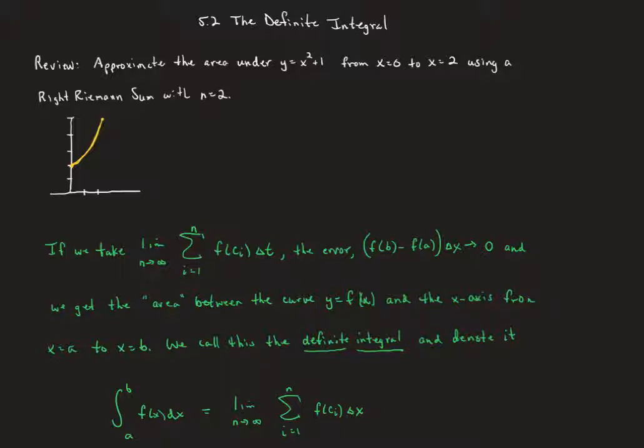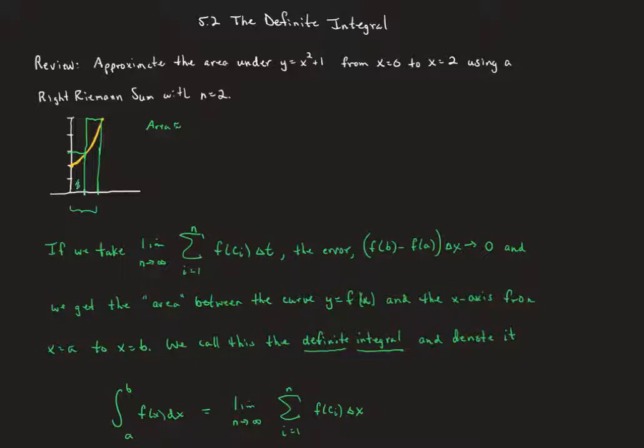So right Riemann sum means we're going to take this interval from 0 to 2 and divide it into two rectangles, and we're going to use the right side of each rectangle to get the height. So visually we're going to get something that looks like this, and it's going to have to go all the way up here, and we're going to find the area of those two rectangles. So that area will be approximately,